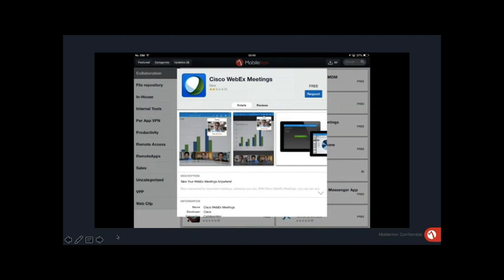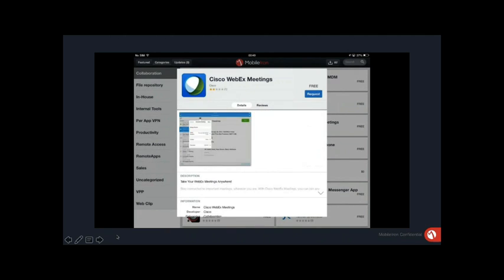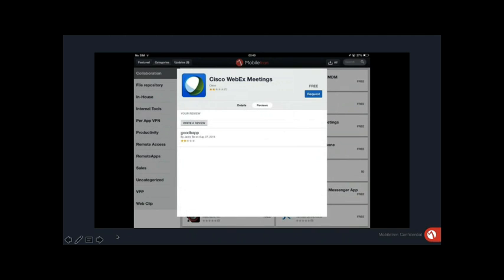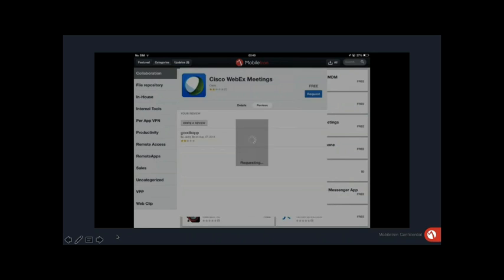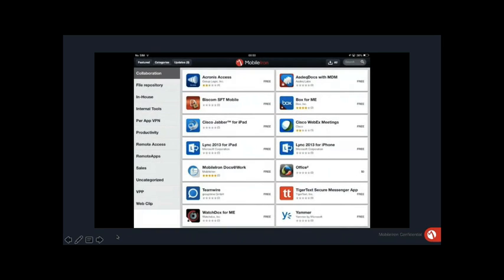You're able to see various screenshots, and you can also look at the reviews that other people in your organization have put on that application. But to move the presentation along, I will now request a copy of that application to be downloaded to my device. And that's really it in a nutshell.